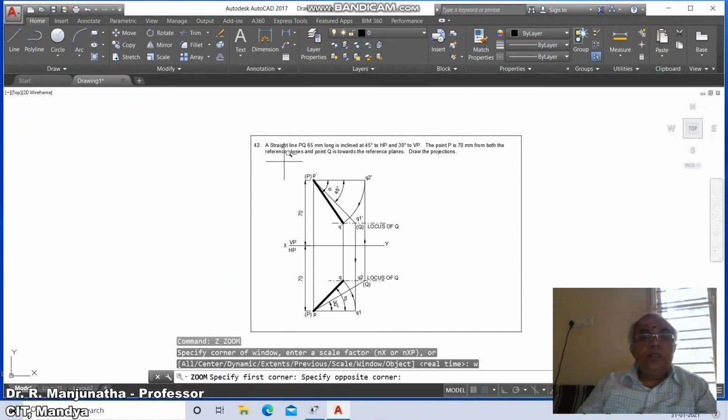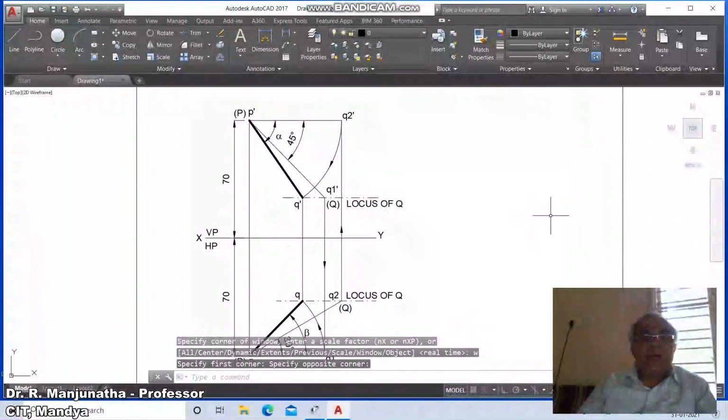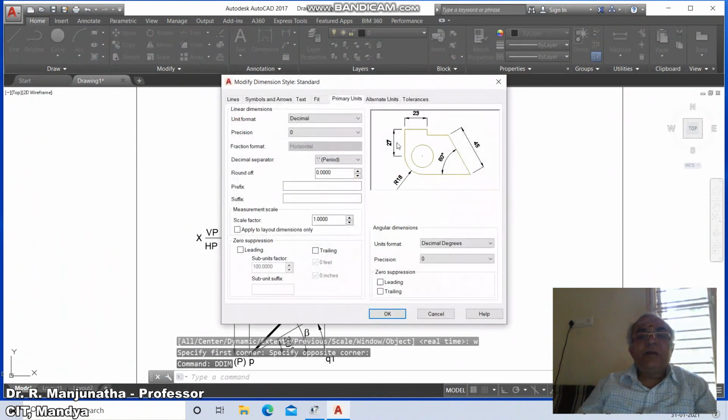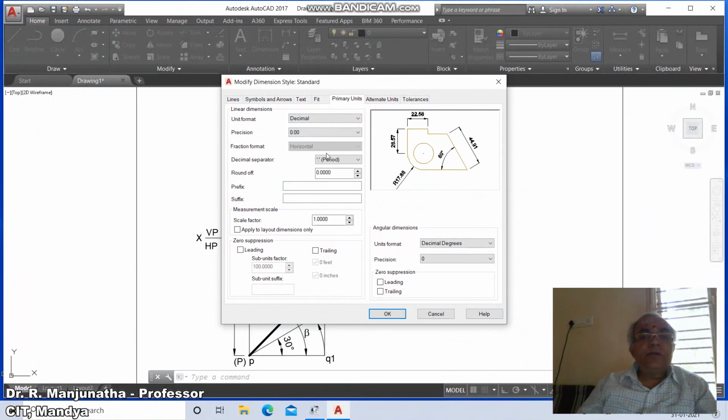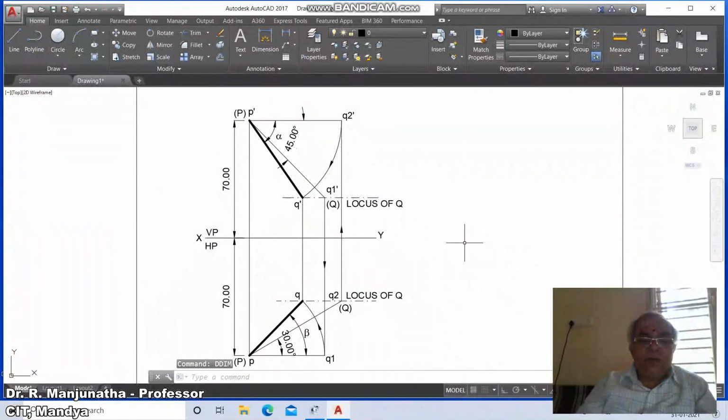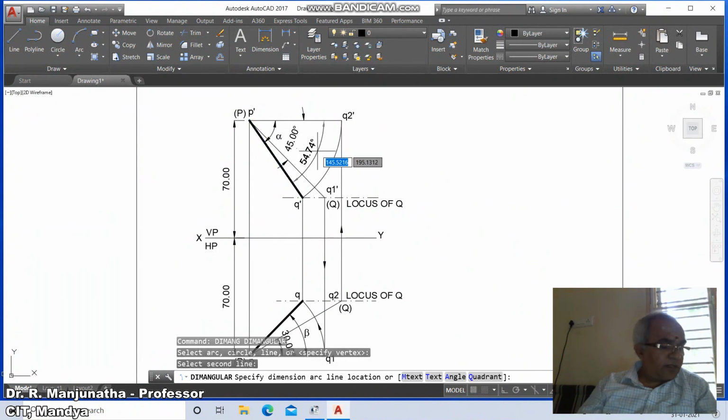So now we need to go for the angular dimension. So go to DDIM. Now we are going to see the precision up to second decimal point. So you take 0.02, and here also you take 0.02 and say OK, then close it. Then you go for dim angular, select between these two, that alpha will be 54.74.